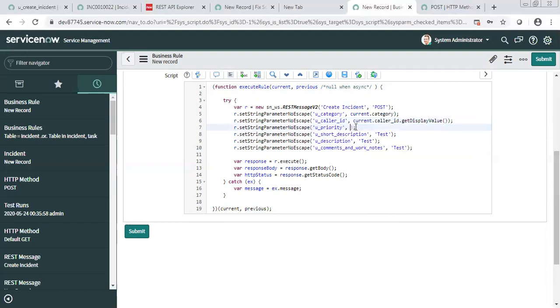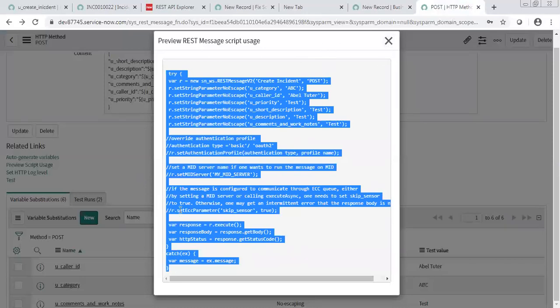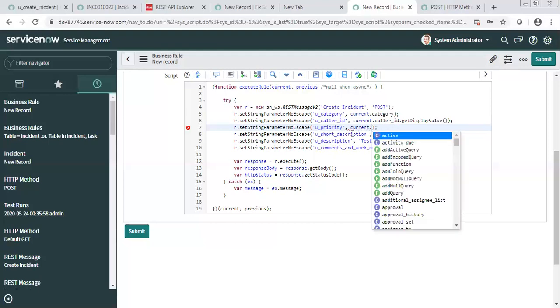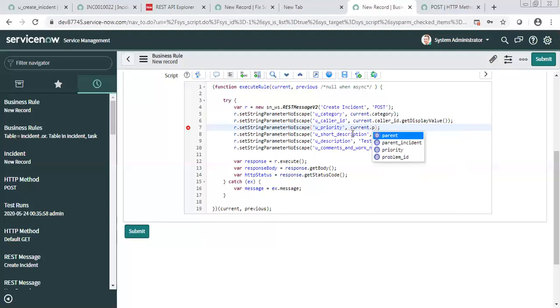Then coming to this business rule, we are writing it on the outbound system, right? Yes, because first you have defined this outbound message. Now you need to trigger it. You need to write a business rule, because the business rule will trigger when the incident is created, and this business rule will trigger that outbound message. Correct. So in our system, whenever an incident is getting created, that will also trigger an integration and create it in the inbound, in another system.